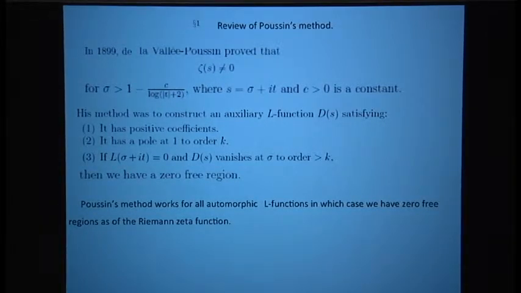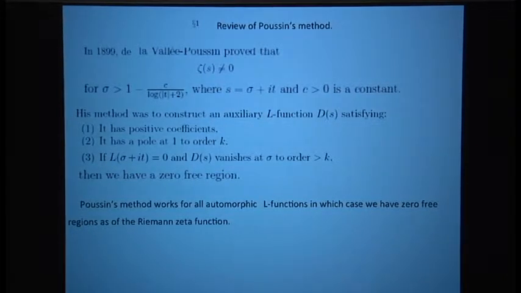The zeta doesn't vanish on the one line is equivalent to the prime number theorem. But here, with a zero-free region, we can get an error term in the prime number theorem. So his method is to construct